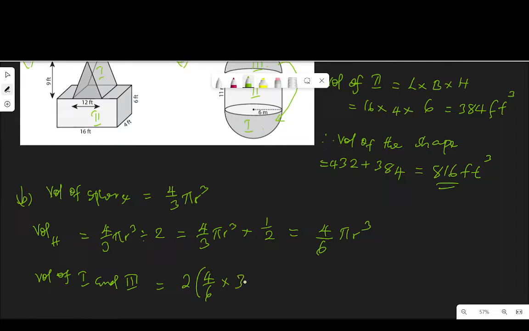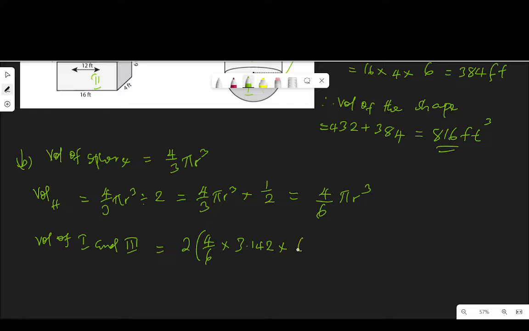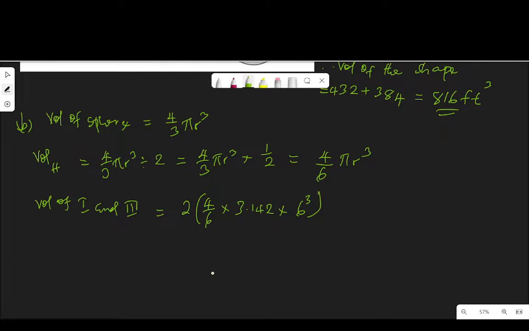2 times 3.142, which is the approximate value of pi. Then the radius is 6 to the power of 3. Let me plug these numbers into calculator. 6 cubed, 6 to the power of 3 is 216. 216 multiplied by 3.142, then multiplied by 4, that is 2714.7 approximately,